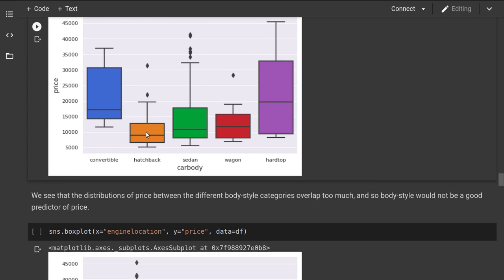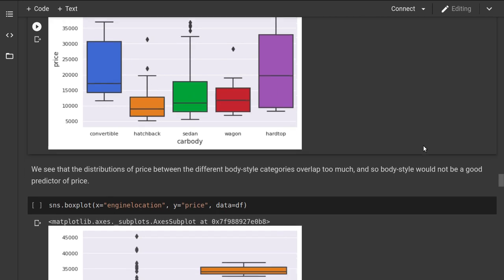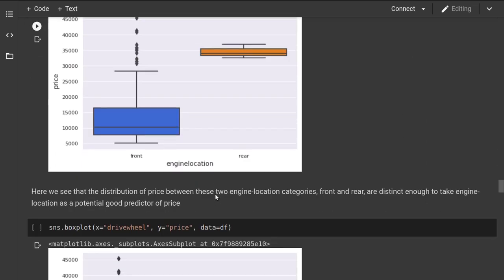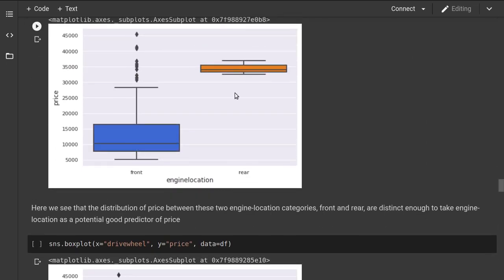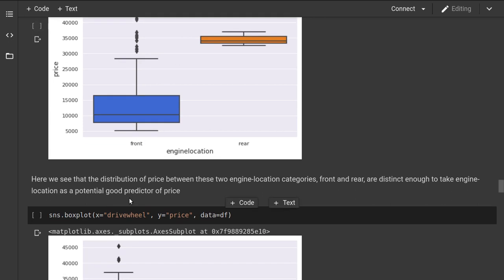As you can see, there are some values in convertible, hatchback, sedan, wagon, like that. Then as you can see here, the distribution plot for each front and rear are distinct. They are not in a line. If they are the same, then those columns are probably giving the same information, but here we have distinct values. So it will be a potentially good predictor for the price.